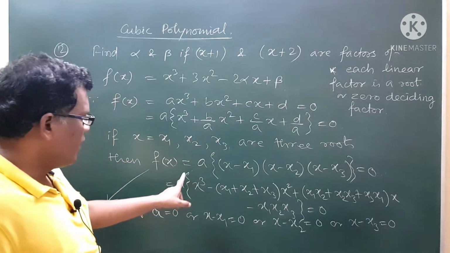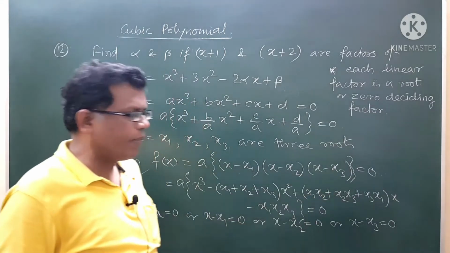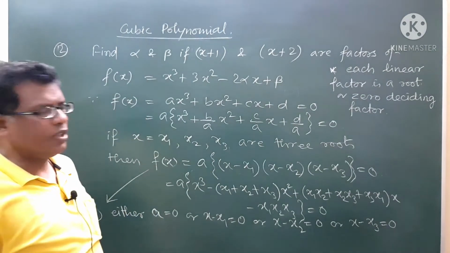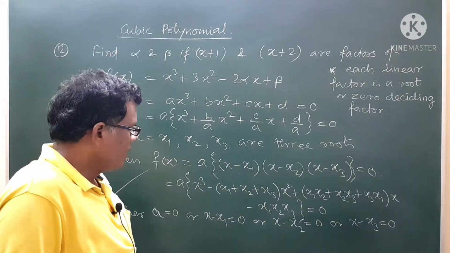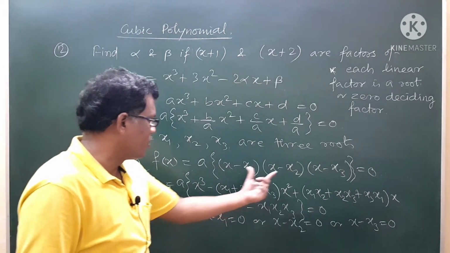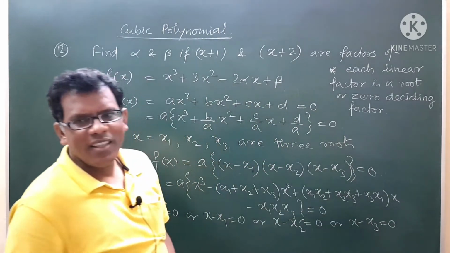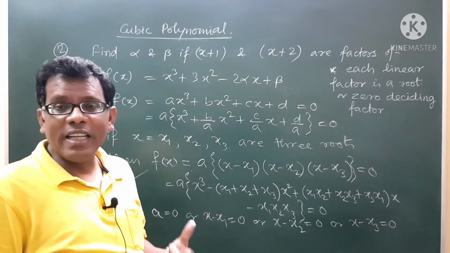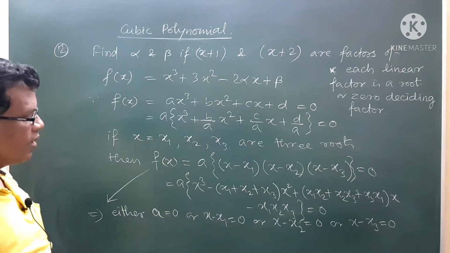Yes. So that's why there are 4 factors making it 0. So any one of them can individually make this product 0. So that's why our argument will be either a equal to 0, or this equal to 0, or this equal to 0, or this equal to 0. That means each linear factor can be individually 0. When the value of a linear factor is equal to 0, then only it is called a linear factor of a polynomial. Got my point?